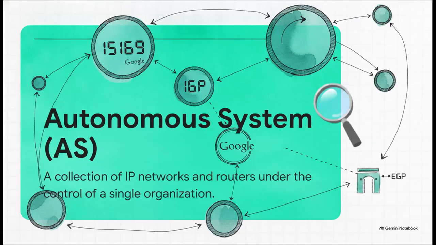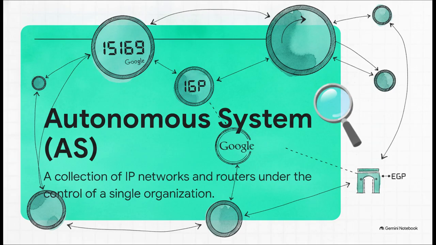best route. Okay, our third foundational concept is the autonomous system, or AS. This is basically a collection of IP networks and routers under the control of a single organization, and it presents a common routing policy to the internet. Each AS gets its own unique number. For example, Google's primary network is AS15169. This concept actually dictates our protocol choices. You use interior gateway protocols, or IGPs, inside your own autonomous system, and you use exterior gateway protocols to talk